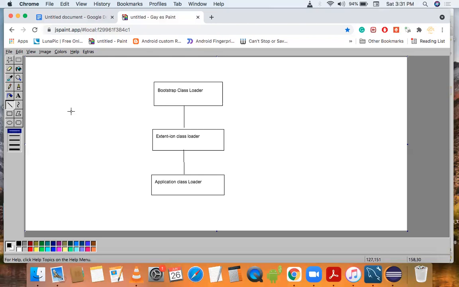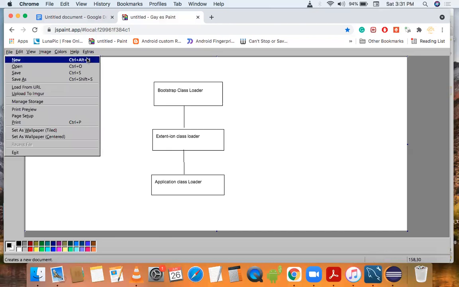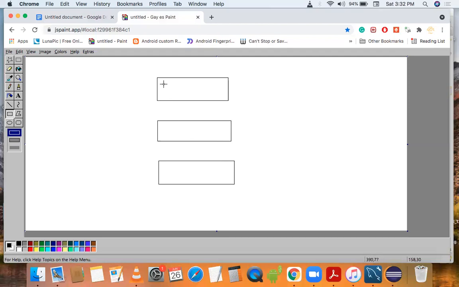So now we will learn how the class loader works. Basically, we will understand it with a diagram. This is our bootstrap class loader. The second one is our extension class loader, and the third one is our application class loader.